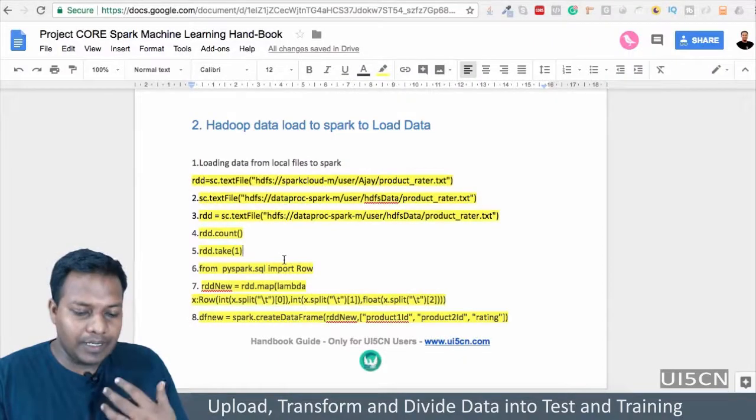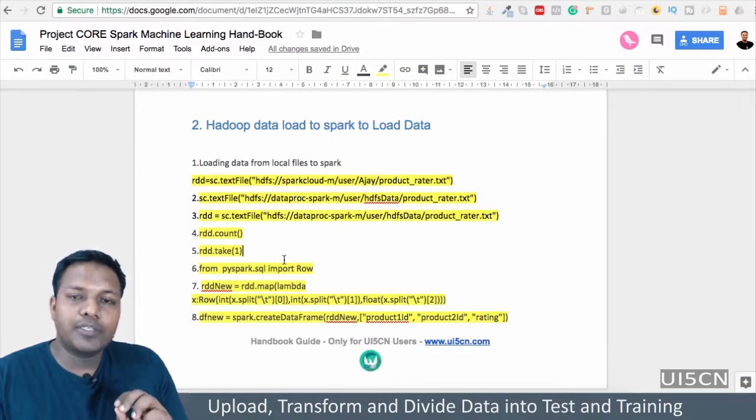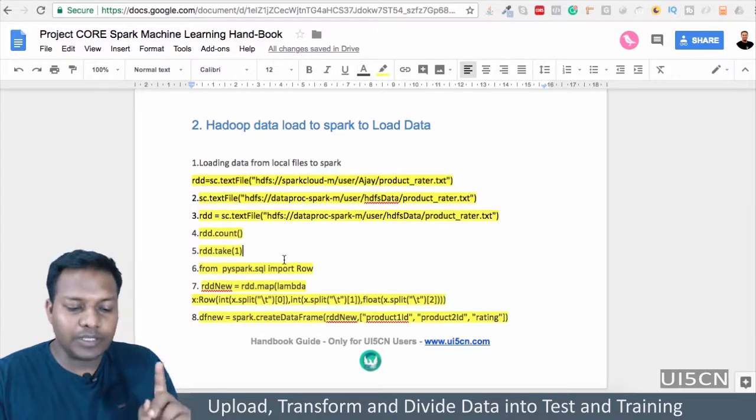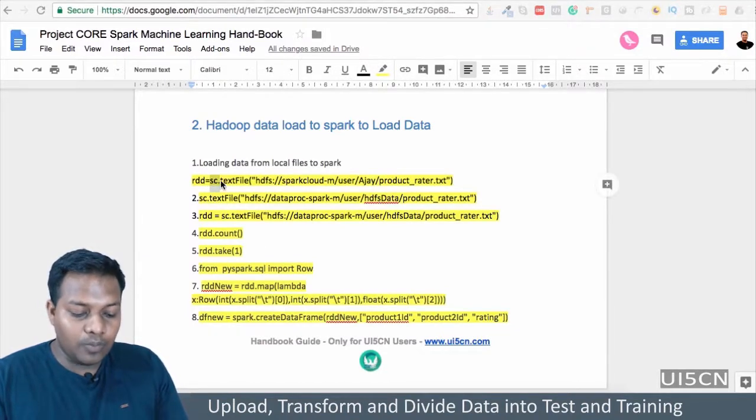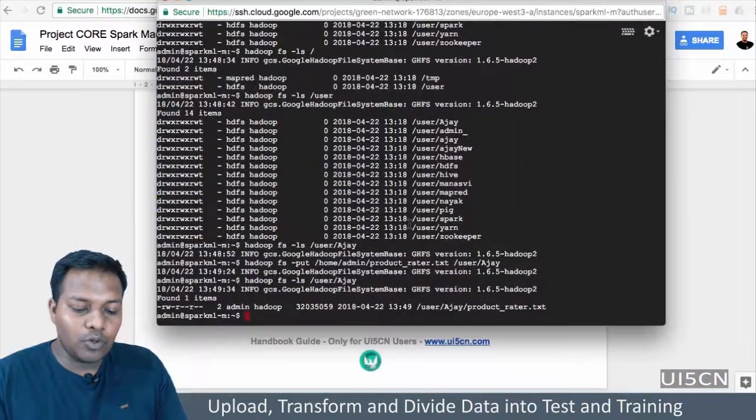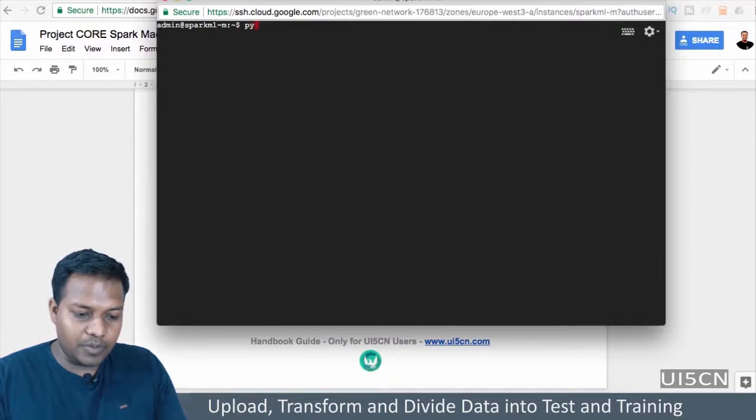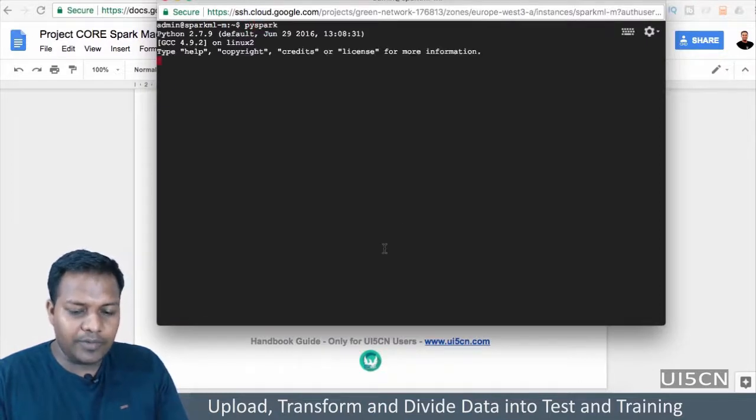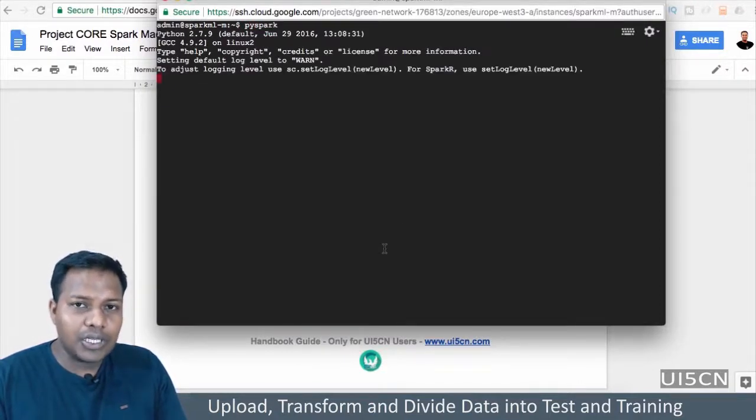Okay, so let's get started with Spark. In this scenario, what you can see is we are working with the Spark context. So what we need to do is go inside the PySpark. I will clear everything and say PySpark, and wait for the Spark shell to start inside